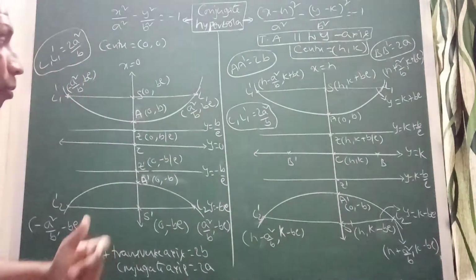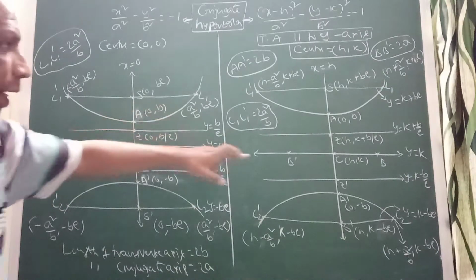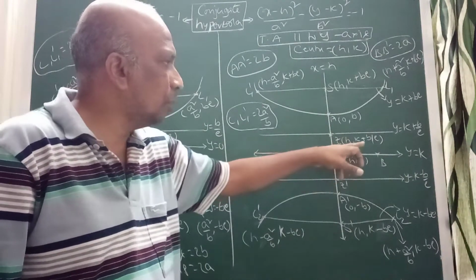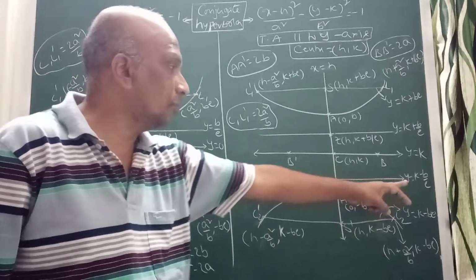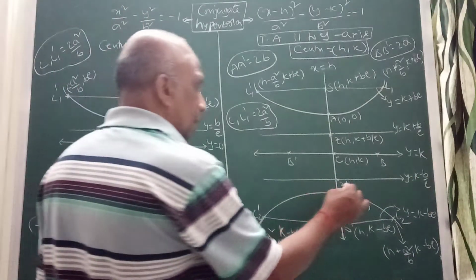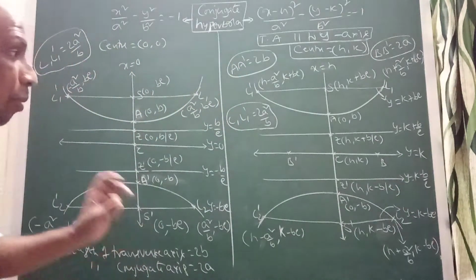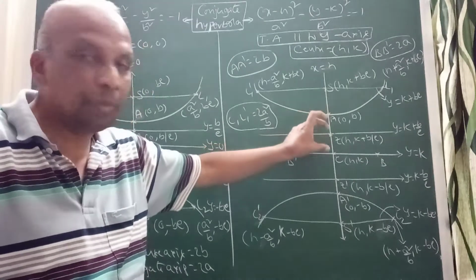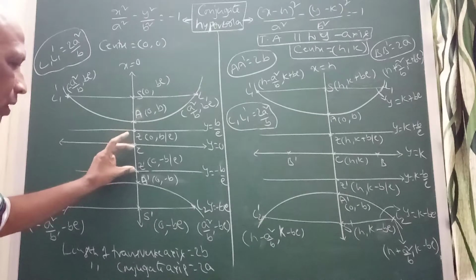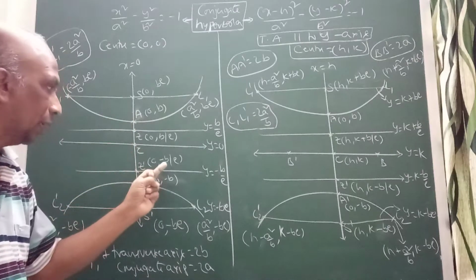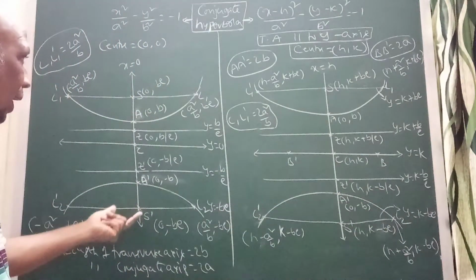Now you can observe here the distance from C to Z is b by e. So I can add b by e to k. So I can write Z as h, k plus b by e. Equation of directrix y equal to k plus b by e. Similarly, the other directrix is y equal to k minus b by e. Even I can write this point as h, k minus b by e. You can remember that the distance CZ is b by e. Here also CZ dash is b by e, distance coming down, so 0 minus b by e, you will get h, k minus b by e. Like this you can write all the distances.